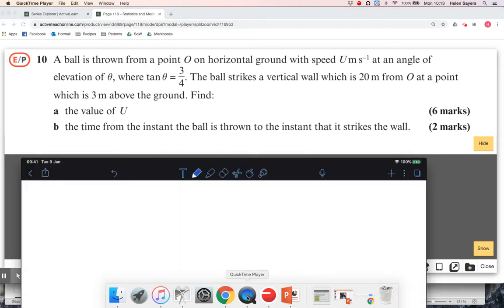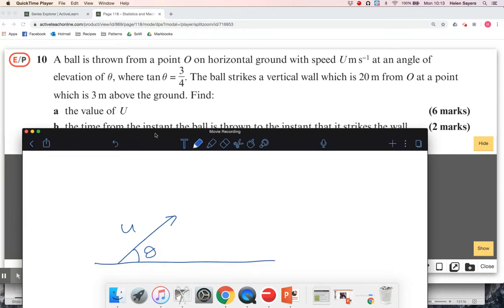Okay, so a ball is thrown from a point O on a horizontal ground. So there's my horizontal ground, with speed, capital U, and angle of elevation of theta. Okay, so we'll move up a bit so you can see it. So what is going to happen? Well, it's going to carry on in that direction. Gravity is going to bring it down, and it strikes a vertical wall